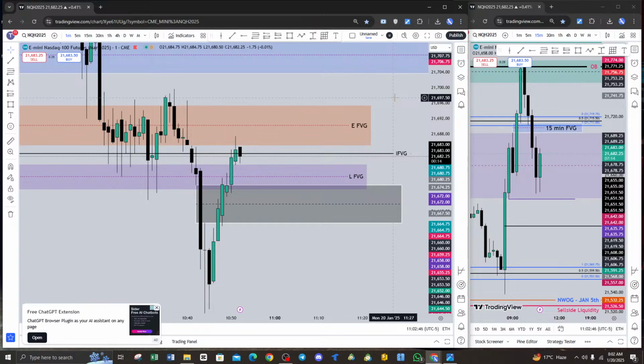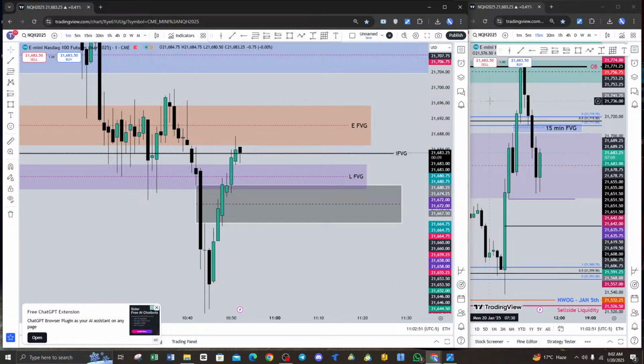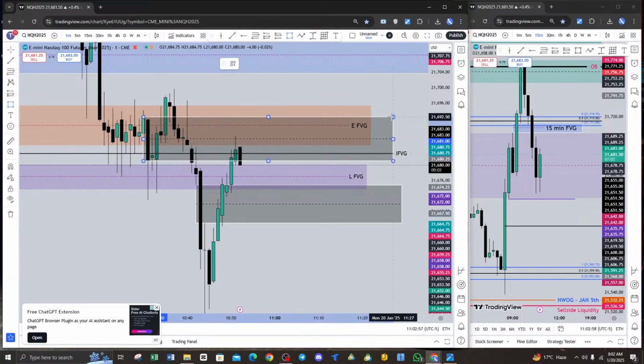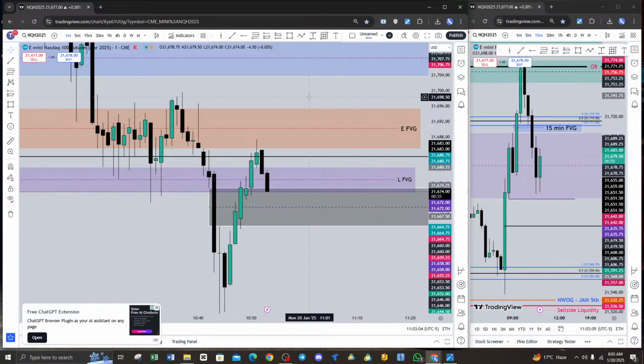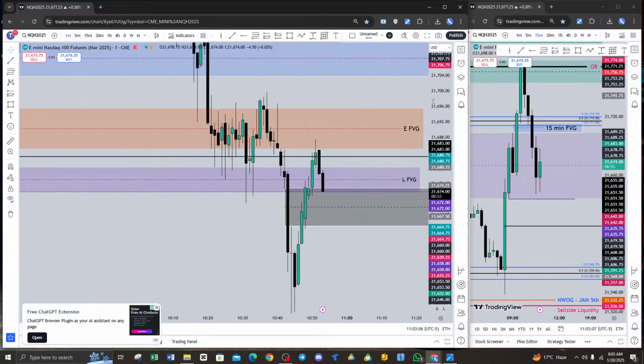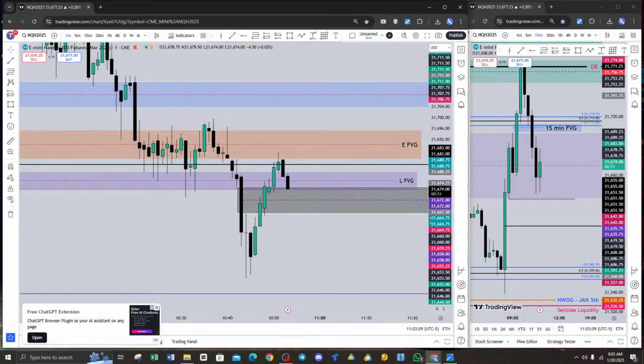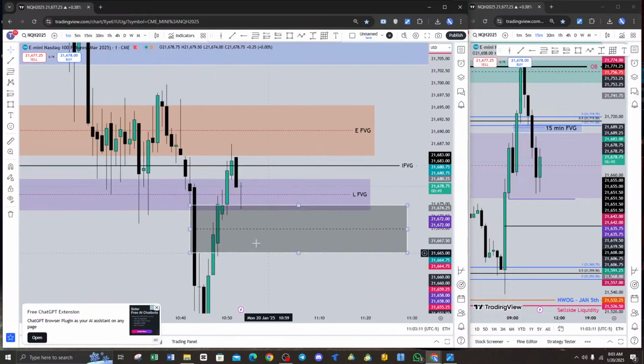Let's see. Many of them will say this is the breaker block, but in my opinion this isn't a breaker block. Because see, the market tapped into the inversion fair value gap. Now the market will go for this, but as I didn't get the market structure shift after shifting this high,